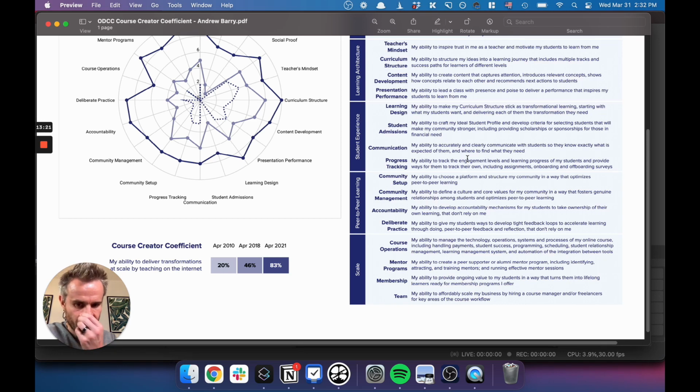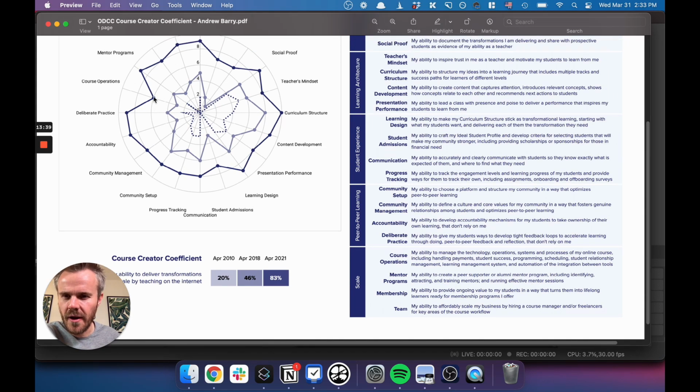Yeah. I was going to say that's where mentors come in, but we actually have a separate category for that. So the last piece is scaling, which mentors is a key part of. But the first part of scaling, and if you have a look, for my one, I think course operations, that's probably one that I'm the lowest on right now, because it's not something that, especially with Curious Lion, right?